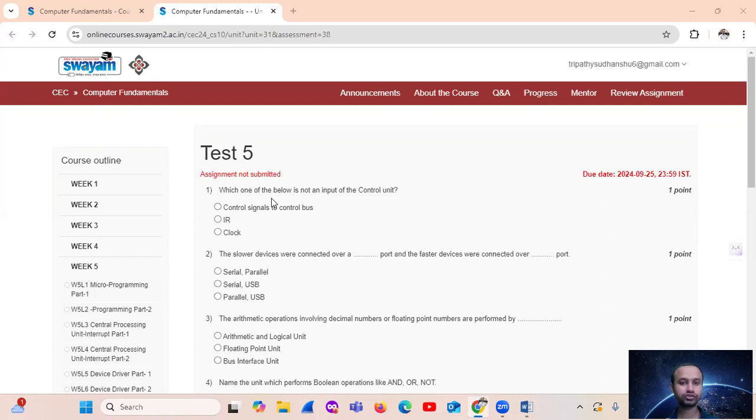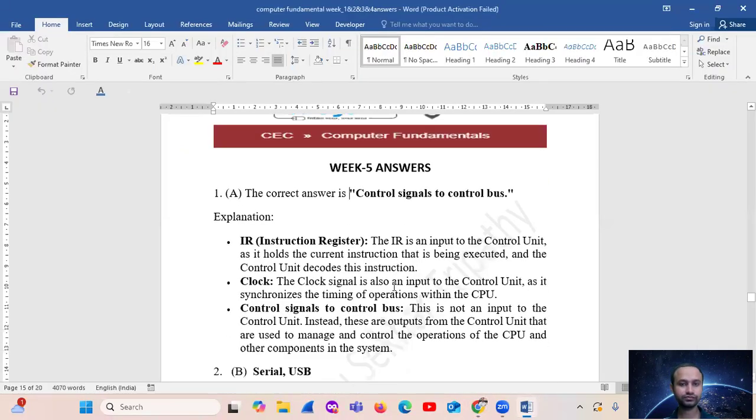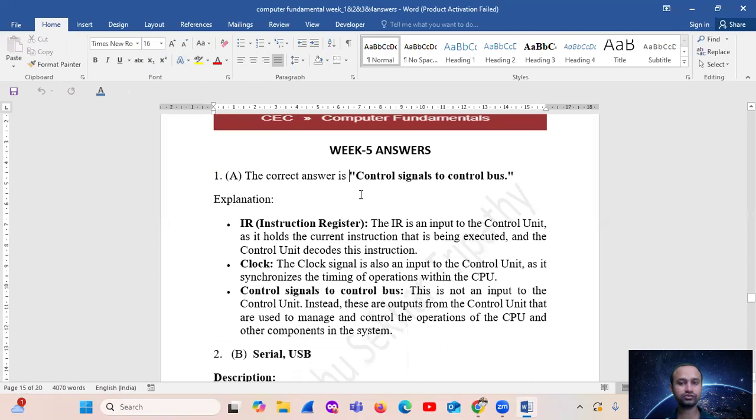आज हम देखेंगे कंप्यूटर फंडामेंटल्स का टेस्ट 5। क्वेश्चन 1: which one of the below is not an input of the control unit. इनमें से क्या नहीं है? इसका आंसर हो जाएगा कंट्रोल सिग्नल्स टू कंट्रोल बस।